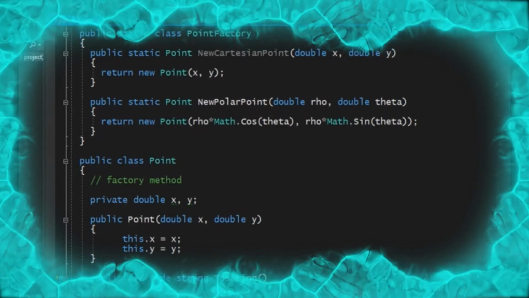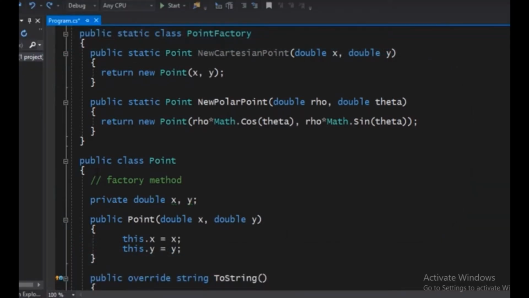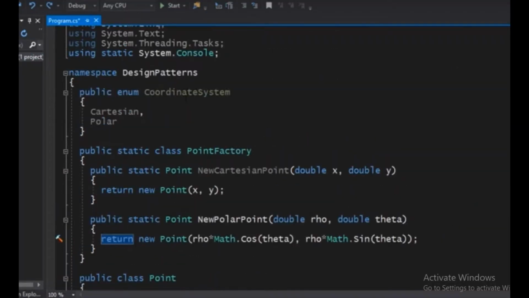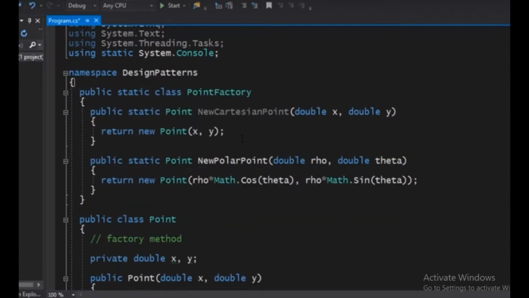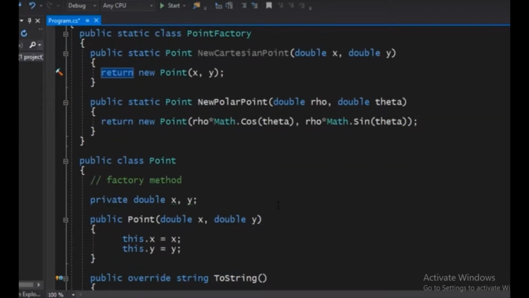Our point factory example is actually looking pretty good. In fact, it's so good that we can finally get rid of this pesky enum for the coordinate system because it's no longer required, because the name of the coordinate system is actually embedded in the factory methods of the factory. However, there is still one problem that we need to address, and this problem is the problem of the